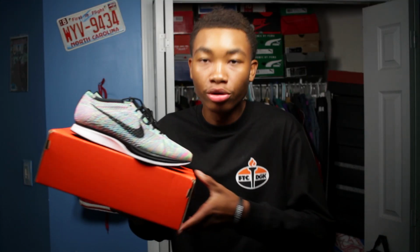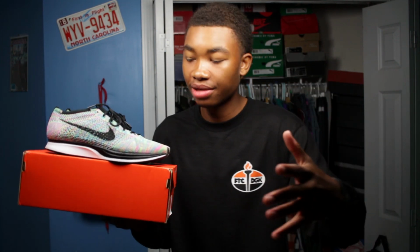Now for number 5, I have to give it to the Nike Flyknit multicolor. Now this is a shoe that you guys have definitely seen before, but when it comes to the top 10 list, I cannot leave this shoe out of it, specifically because this shoe is extremely dope. Flyknit is honestly one of my favorite inventions when it comes to sneakers, because